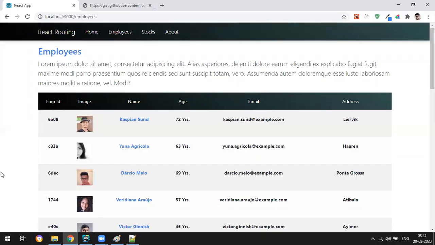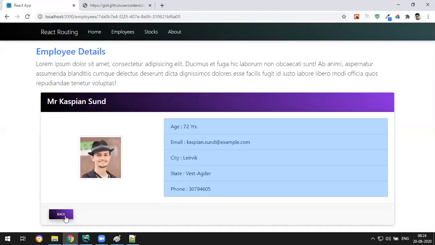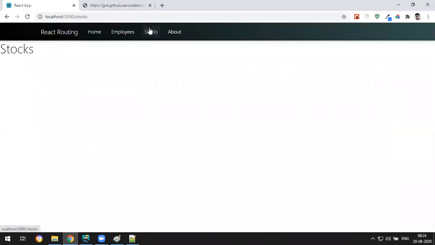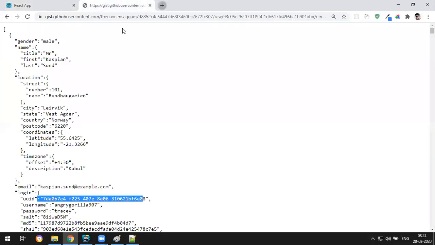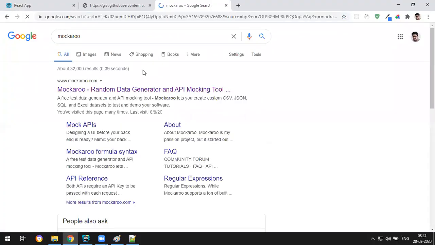And I'll tell you one more thing. What is that? It is stocks. So I want stocks also like these employees. When I click on each stock, I want to get this. Okay, sir, where can we get this stocks data? Where you get this type of data is for data mockup. You actually have a website called mockaroo.com. I'll show you where you can get that. Just go to Google,